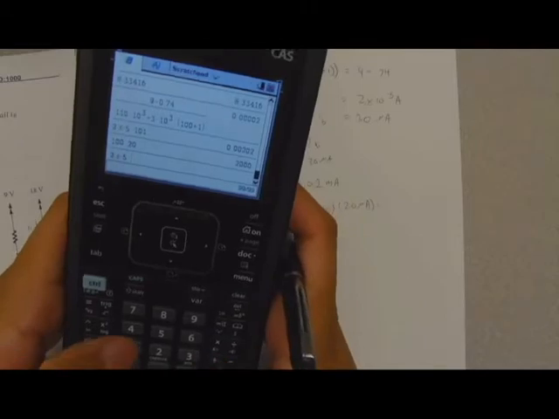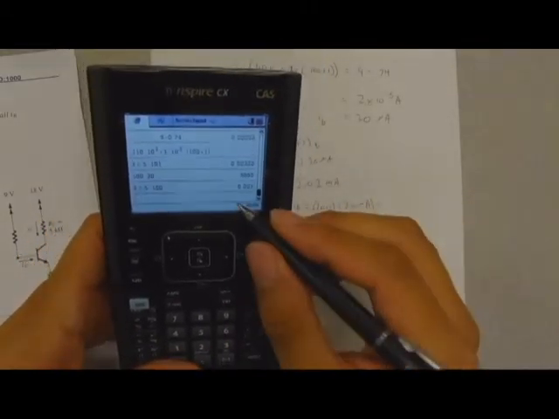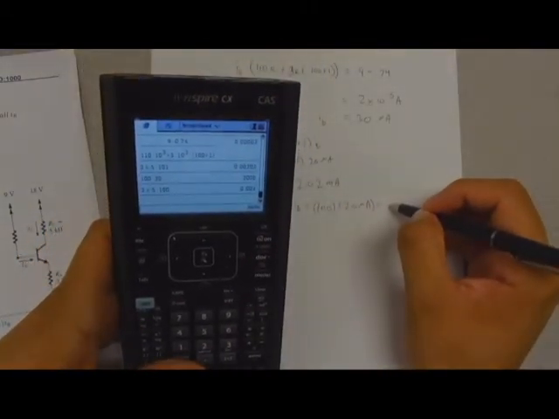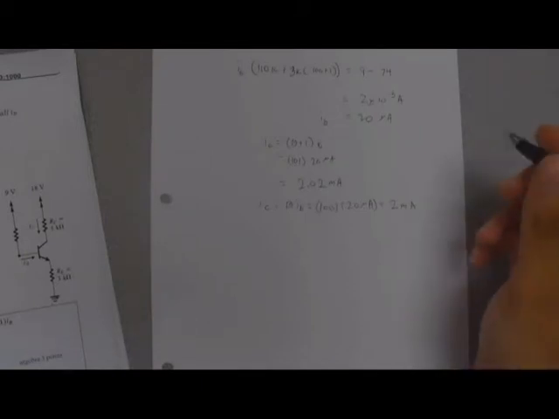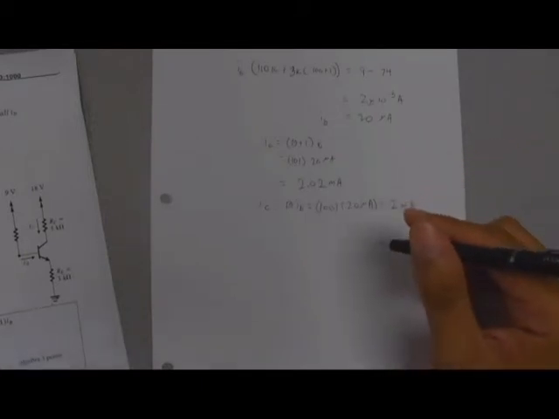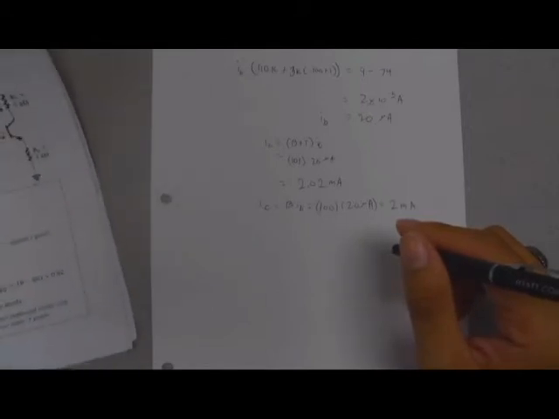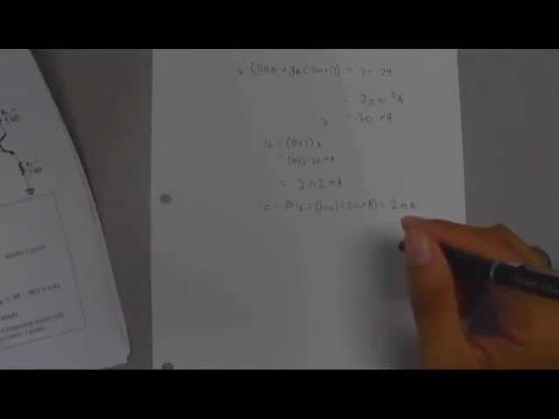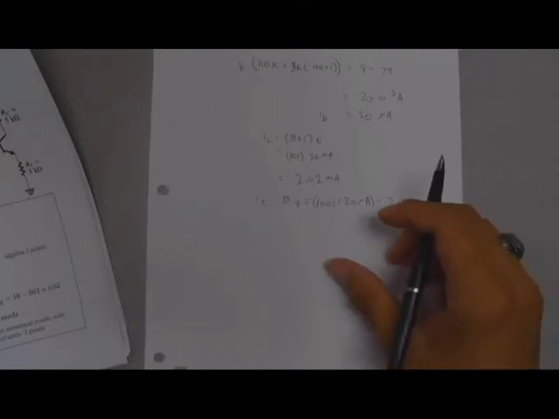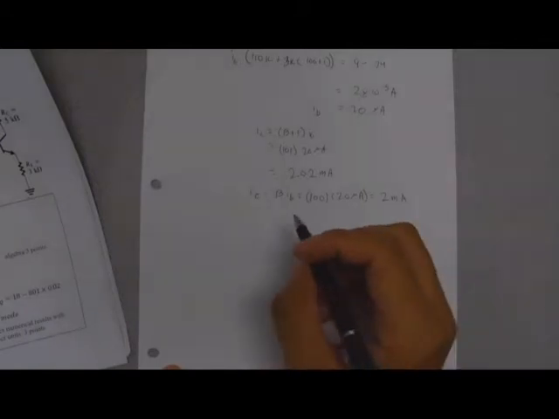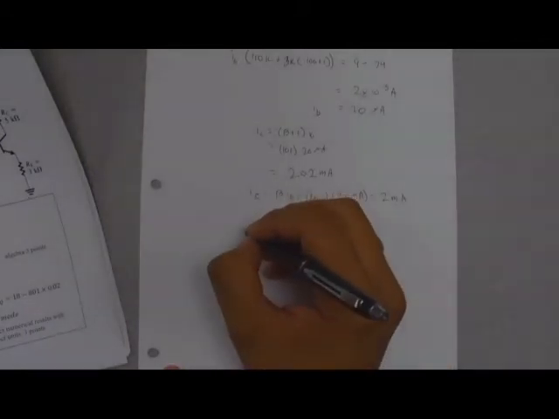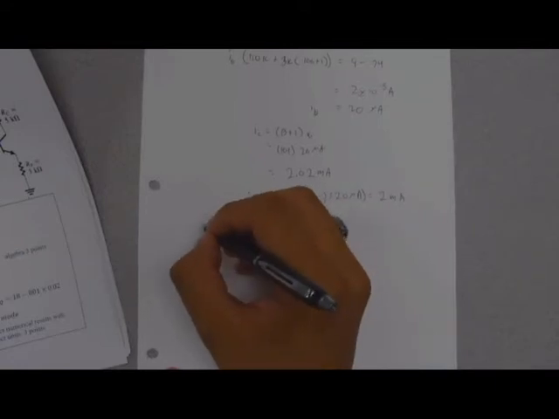What is this number? So that's just going to be 2 milliamps. Cool. Alrighty, so now that we have those three values, we can figure out VCE. So VCE was part of equation 2,